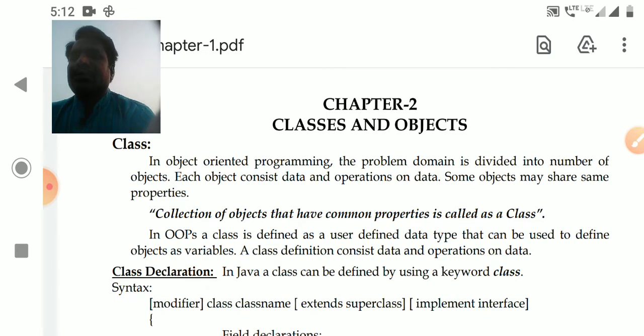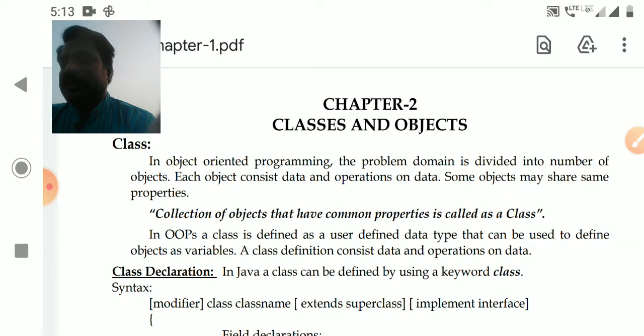Now what is a class? In the second semester, in the introduction of object oriented programming, we have studied class, object, encapsulation, inheritance. We also studied that Java is an object oriented programming language. Java is a purely object oriented programming language. Every statement must reside inside of a class. Okay, how can a class be defined?